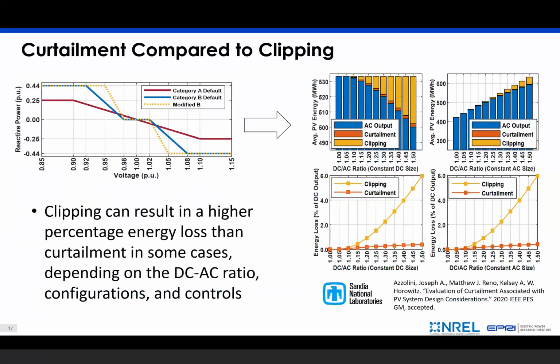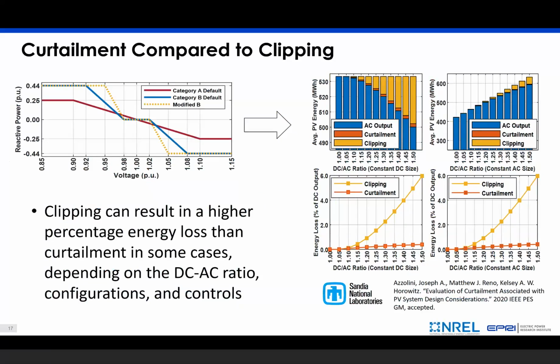Go ahead. So this is an example of what curtailment versus clipping could look like in one use case. Unfortunately, we don't quite have results. We have results, they're not quite published yet for some more coordinated flexible interconnection schemes, but hopefully this gives you some sense of what we're talking about here.